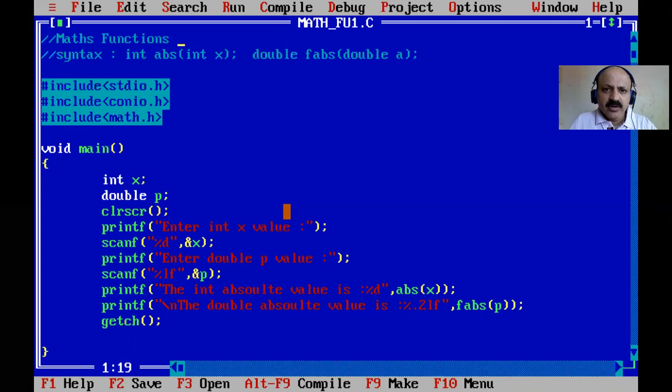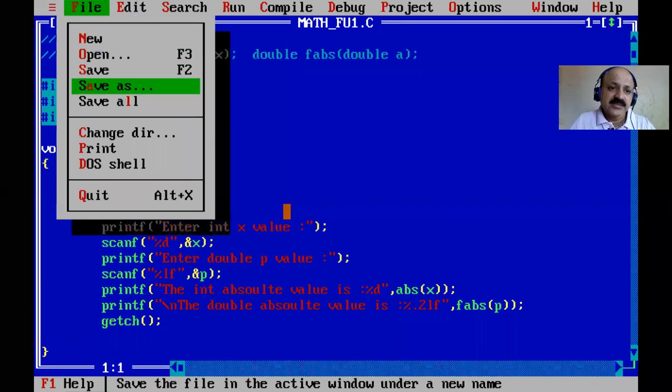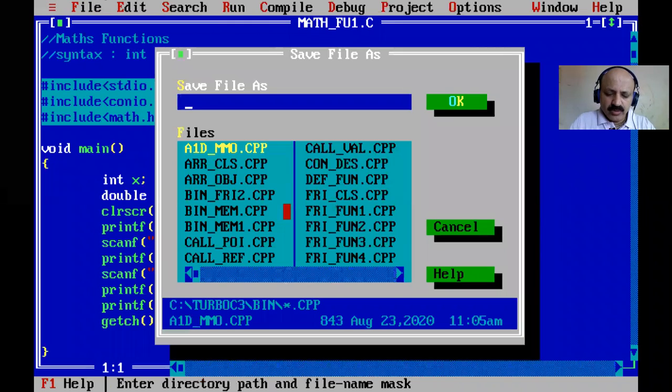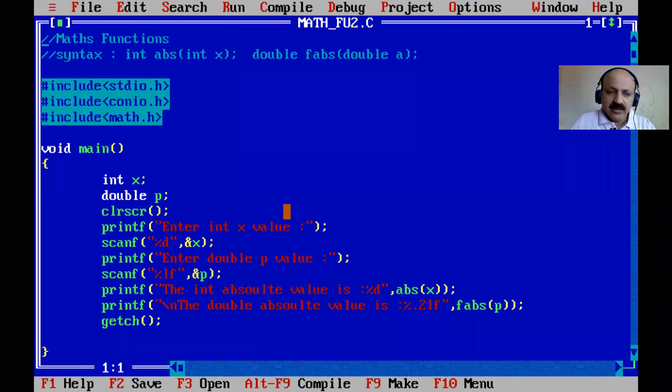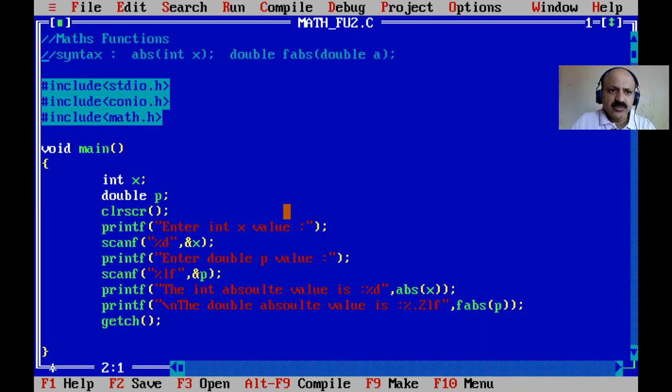Now we can use another pair, and I just save as, so this benefit: save all function, maths fun2 fu2.c, and now we can change the syntax. So now we can use the double return data type. I just remove this first syntax so you can watch easily.